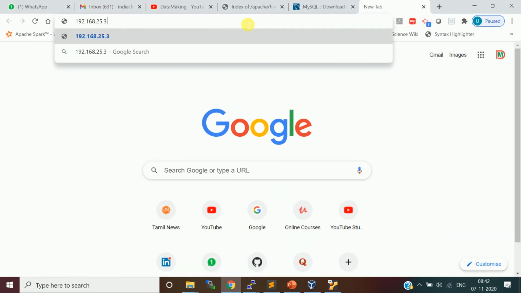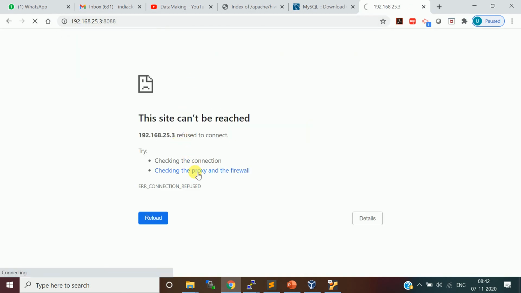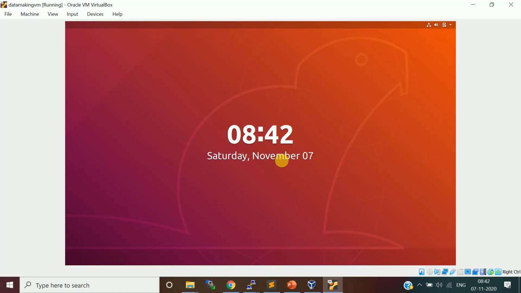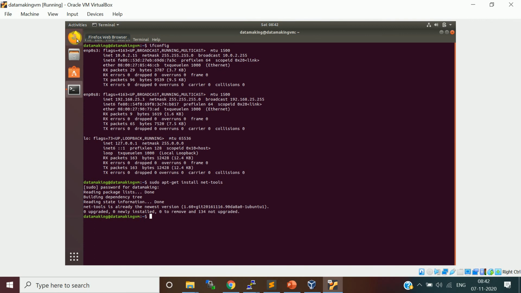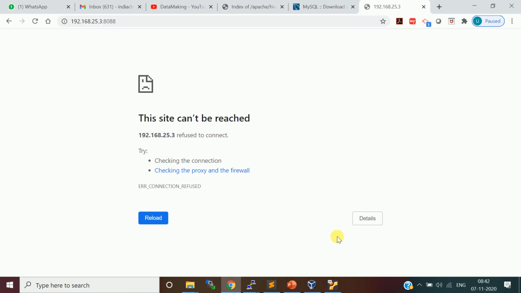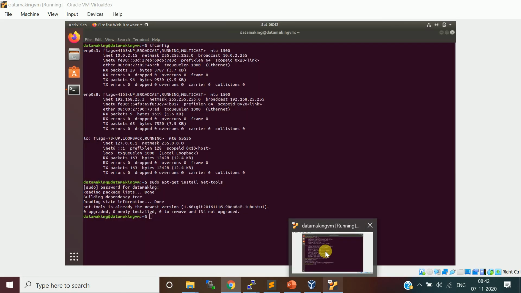I will open the resource manager web UI. Okay, it is not opening it here. Let me check it in the resource manager web UI in the VM itself.